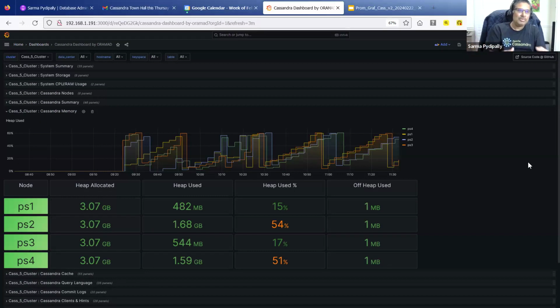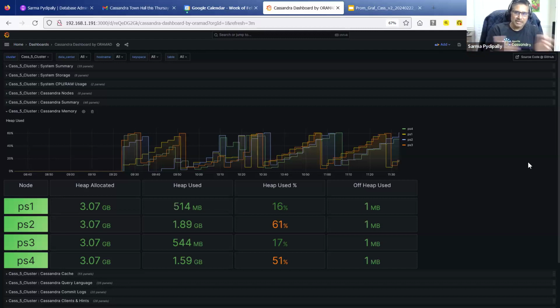We should go back and edit our YAML files to make sure our memtables go on the off-heap memory. If you have a very large cluster and a huge amount of writes happening, it's always helpful to keep them off heap. Obviously, this is a big discussion about performance tuning and all. Let's just stay with the dashboard here.